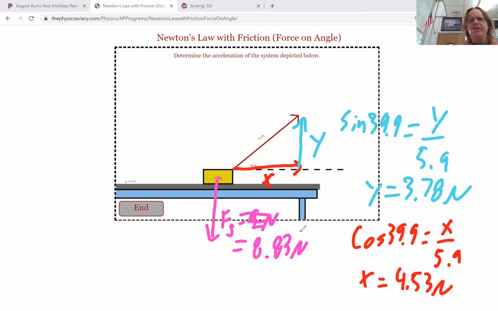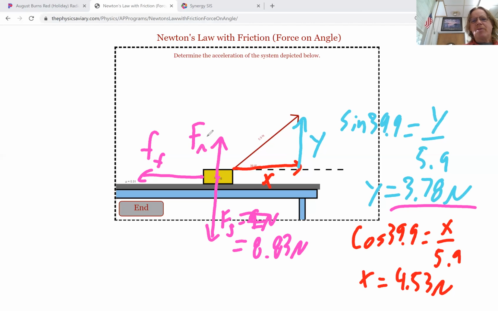All righty. So here's the story. Of this component, I don't know if it's speeding up or slowing down because I don't know what the friction force backwards on this thing is yet. I have a coefficient, but to find the friction force, I need the normal force. Now I know the Y. Let me go back and do something I know how to do. I can do the normal force. You might think, isn't the normal force the weight, 8.83? Not in this case, because we have a force pulling up by 3.78 Newtons. So that means the normal force,